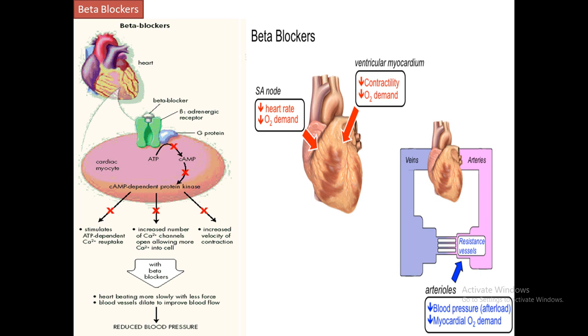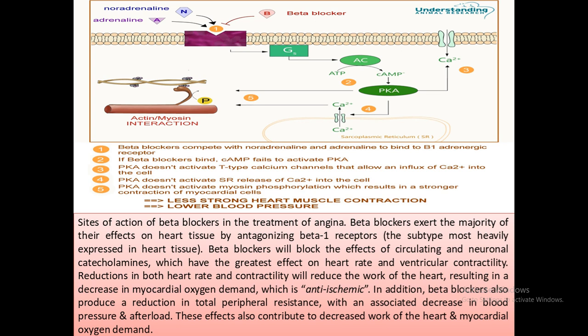Here you can see that noradrenaline and adrenaline when bound to this receptor activate adenyl cyclase and protein kinase, which is responsible for the opening of the calcium channel. It will also influence the sarcoplasmic reticulum to release more calcium. Then there is actin myosin interaction, then there is a contraction. So if we use the beta blocker, it will selectively block these catecholamines and inhibit the actin myosin interaction, inhibit the contraction and dilate the blood vessel.